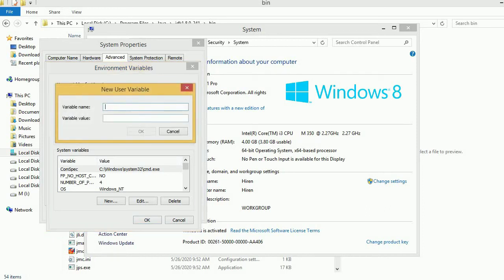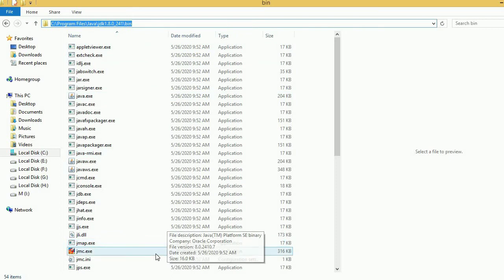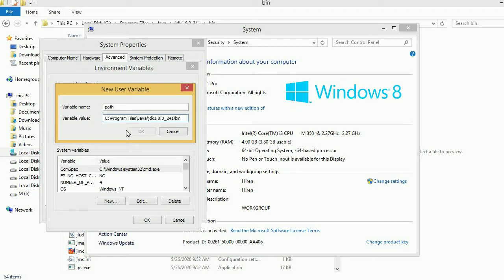Here the path is not available, so I will create a new path, right? Here I will type the path. If it is available then click on the edit button, right? Here it is not available, that's why I have to create my own path and give the path here, right? As we know, the path is from C drive, Program Files, Java, JDK and bin. Copy this path and paste it in the control panel environment variables. This is the user variables section. In the variable we are not giving the slash at the end of the path. This is how I have set the path.